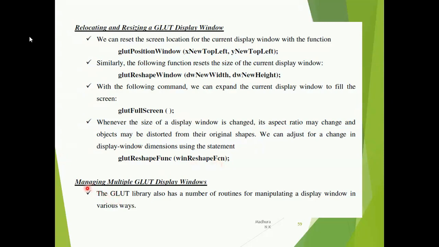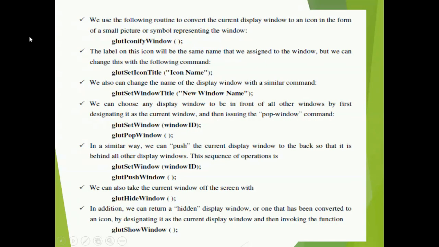And next you have managing multiple glut display windows. Another function we have, let us see that in detail. Managing multiple glut windows can be done using the following functions. The first function is glutIconifyWindow. Till now we have displayed the entire display window on the screen.